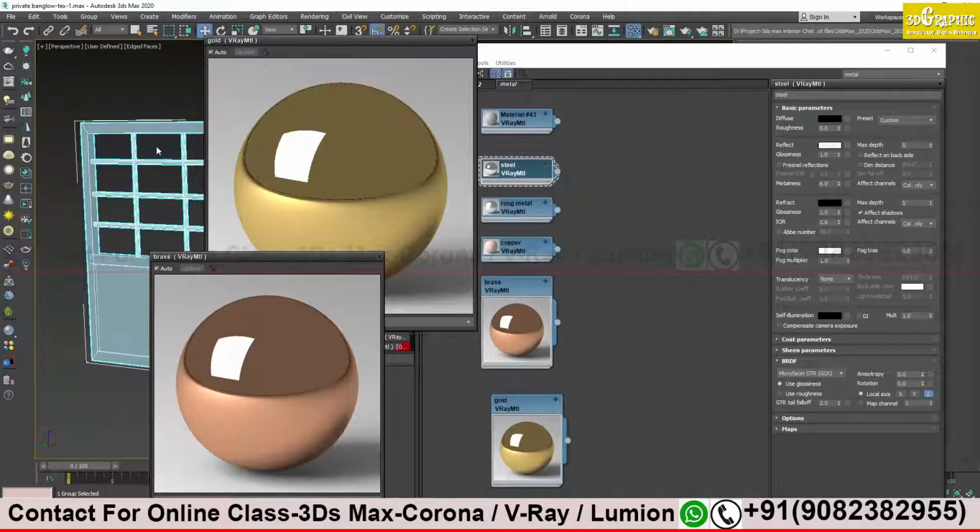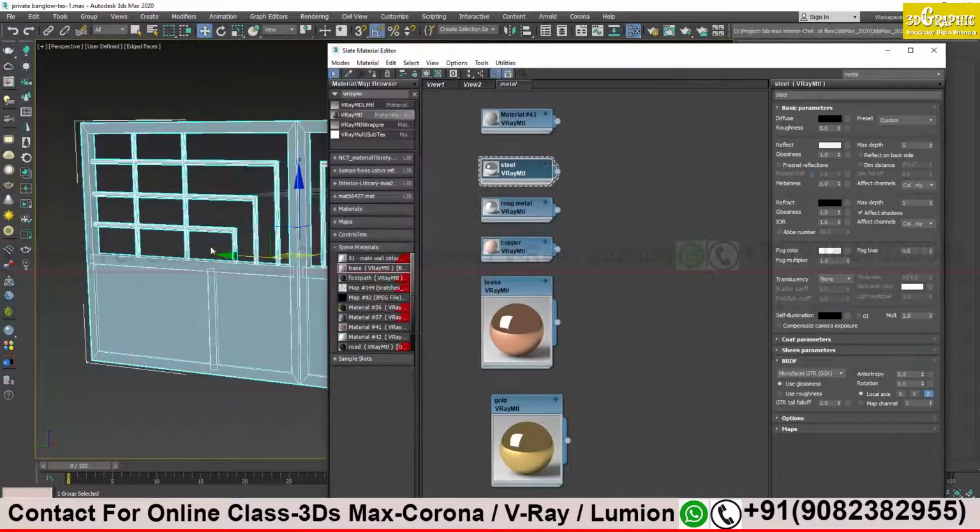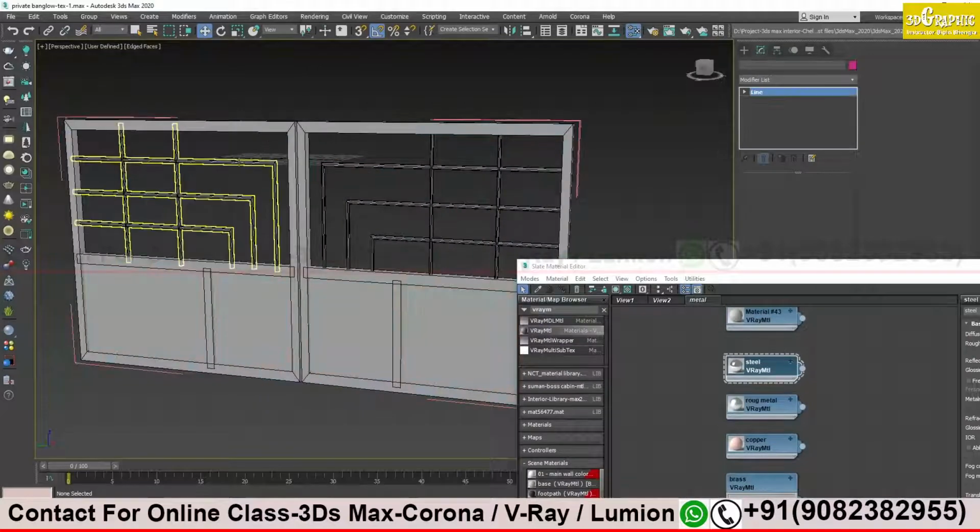I want you to try this metal. Yes, one material I'll try. Yes, try that. I just want to see how you make it work. I will try the SS metal now. Okay, yes, try. Sir, one more doubt I have.